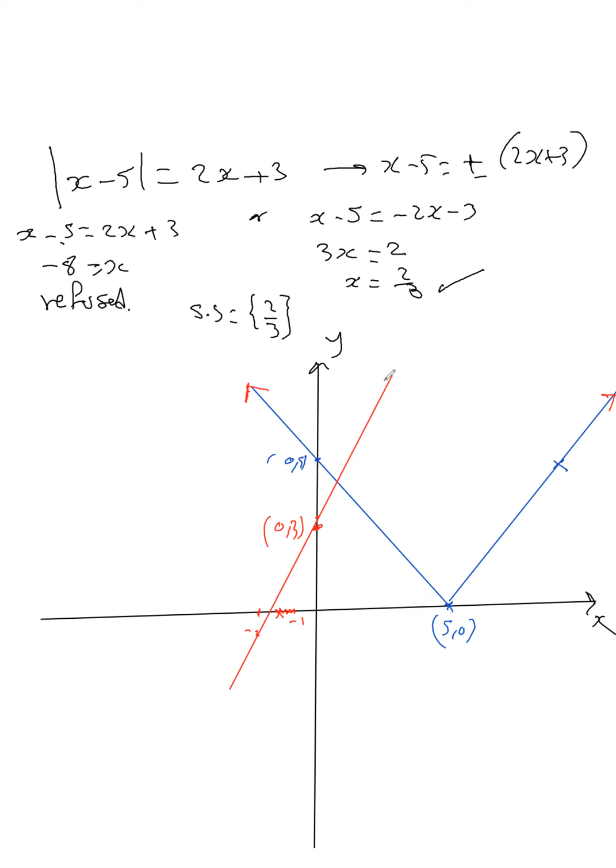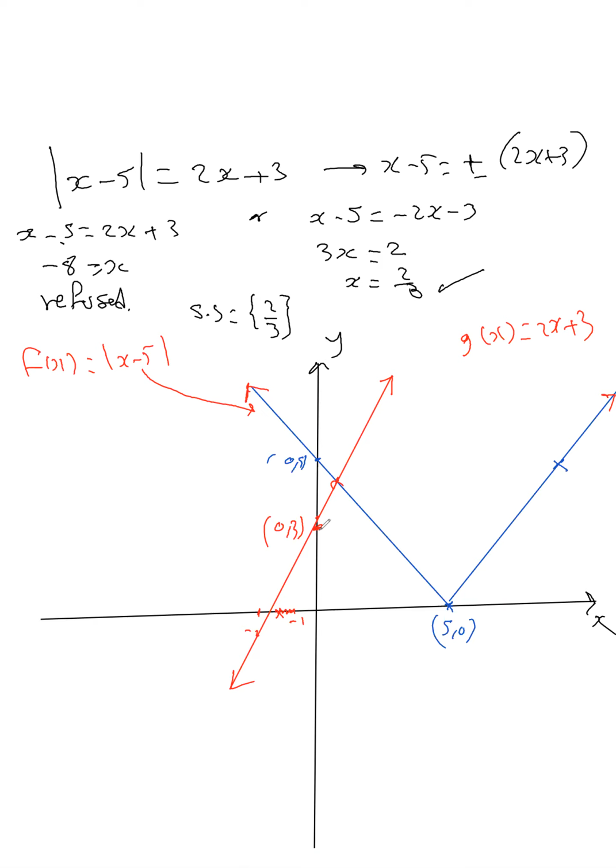The intersection point of the two graphs. The first is x minus 5 and the second... consider that you have two functions, one of them is f of x which is absolute value of x minus 5, and graph it, and this is a graph of it, and another one which is g of x equals 2x plus 3, and this is represented graphically by a straight